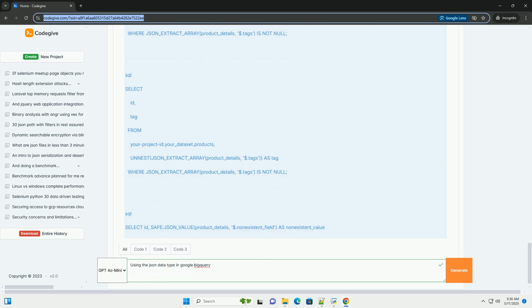The AS product_name aliases the extracted value to a more readable column name. This query demonstrates extracting a numeric value and using it in a WHERE clause. Since JSON_VALUE always returns a string, we need to cast the extracted price to a numeric type, using